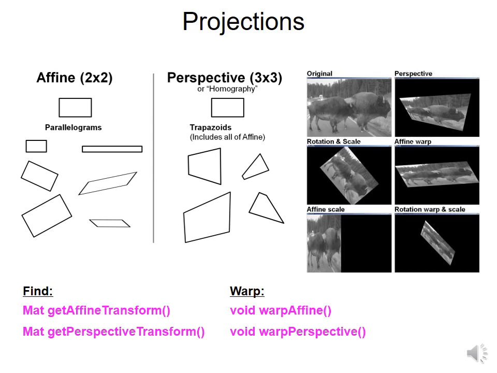Based on the transformed image, we can get the transformation matrix using getAffineTransform or getPerspectiveTransform,